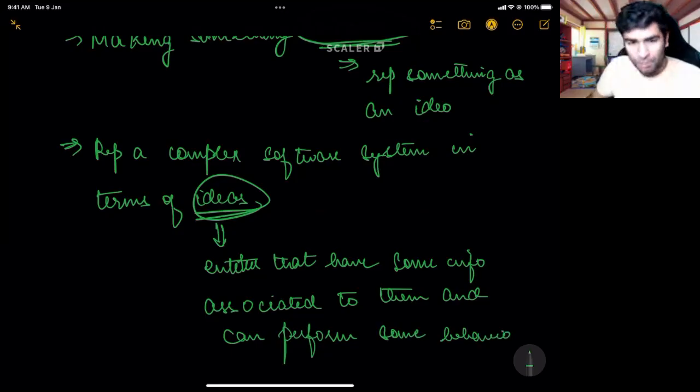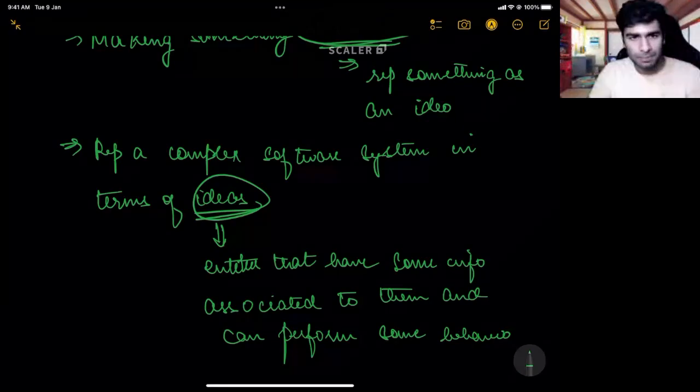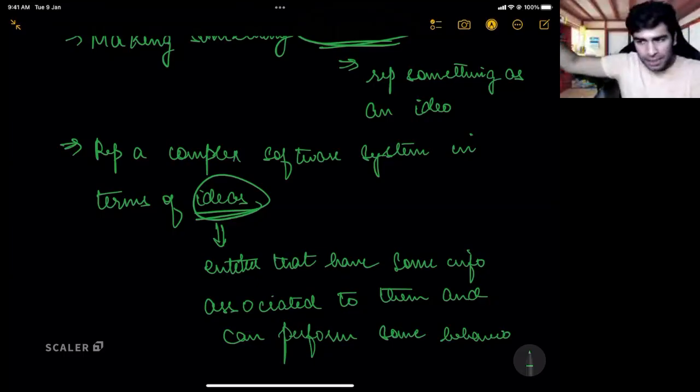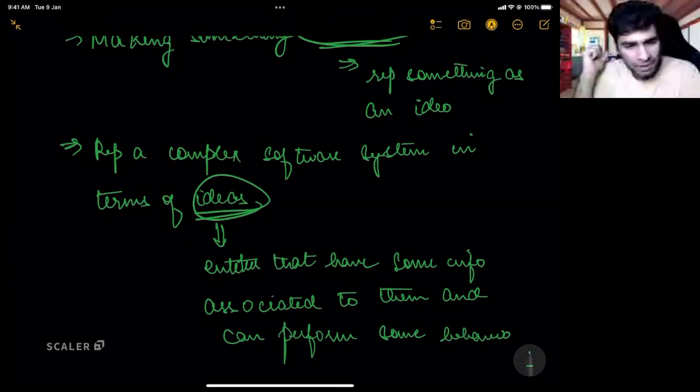So object-oriented programming says that if you are trying to do an object-oriented design, whatever complex system it is, try to represent that system as different ideas, each idea having some attributes and some behaviors.